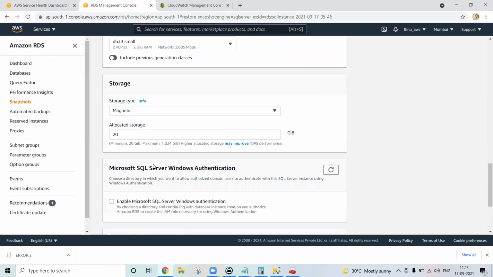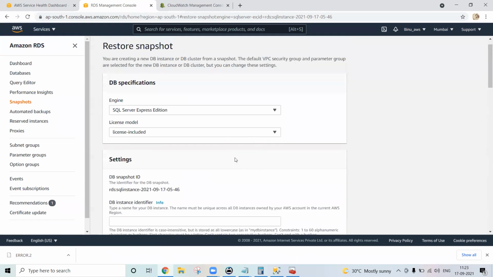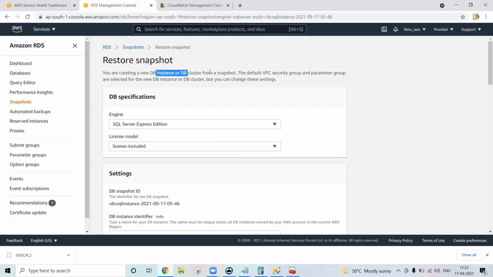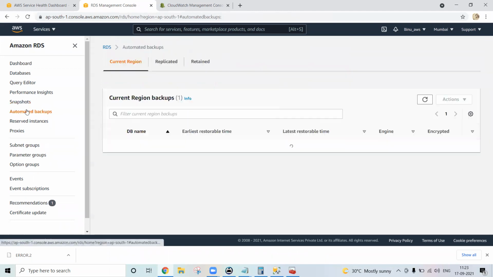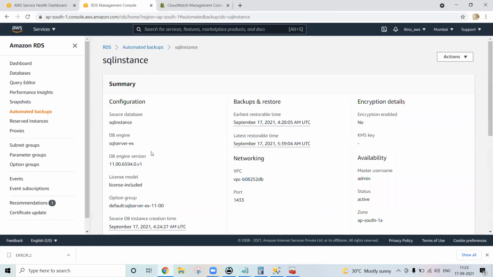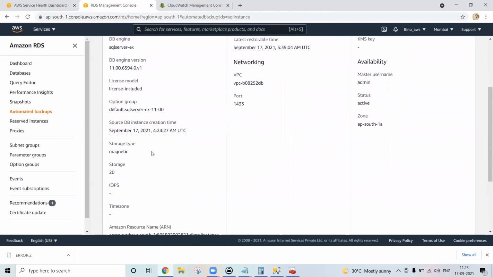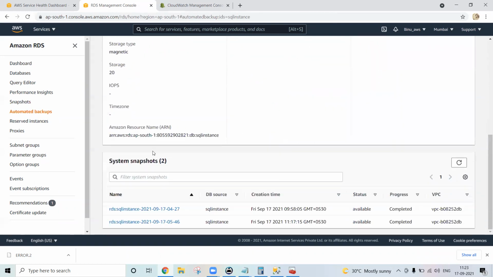This restores the whole instance, because this is a snapshot at the instance level, not at the database level. Get it? Yes, instance level.